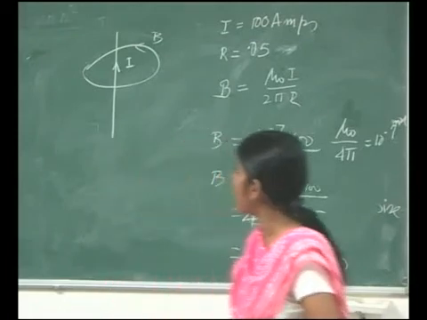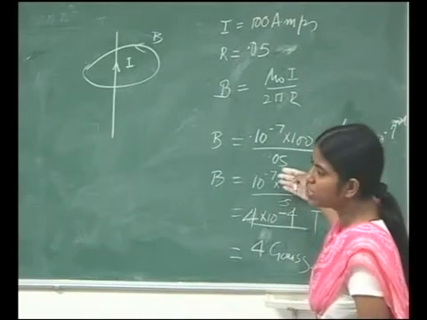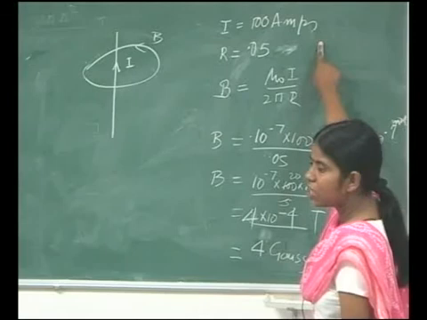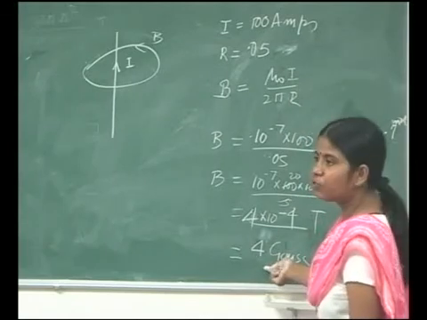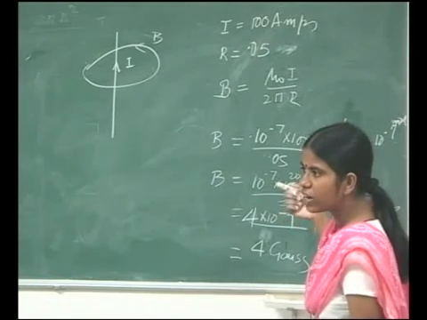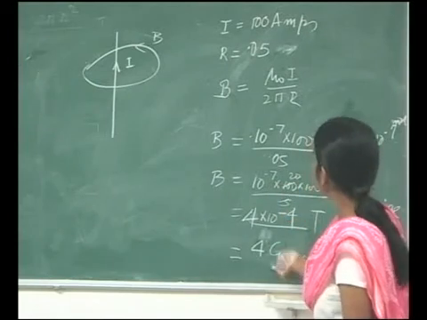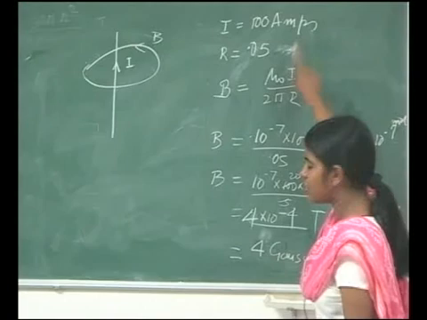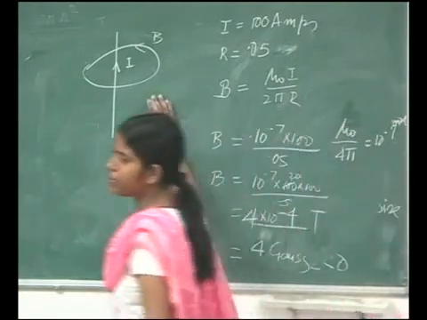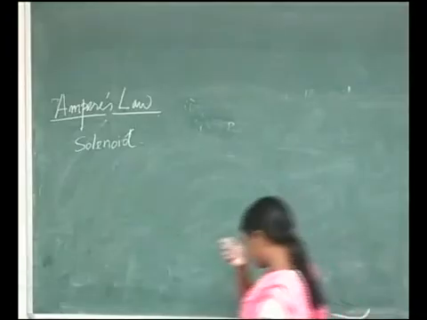So it means if I have to do these experiments, I really need very high currents. Such high currents will just produce 4 Gauss. Getting 100 amps is no joke. It is a huge current. So with such huge current, 100 amps, I get only 4 Gauss of field. So this we will keep in background, and now we move on to solenoid.